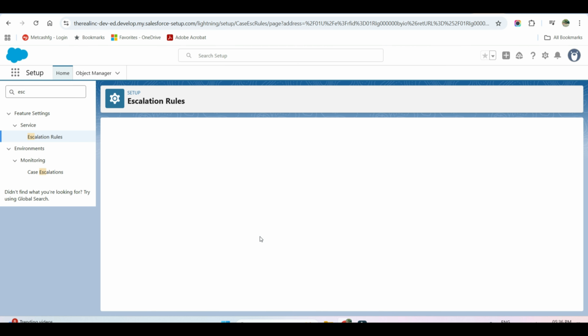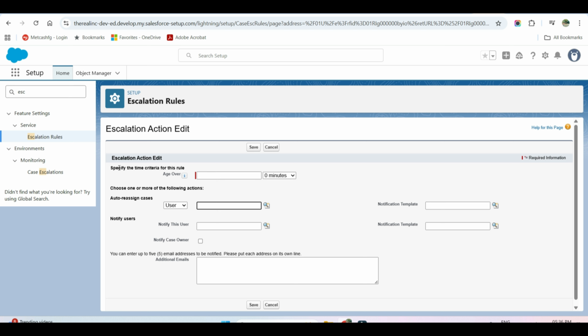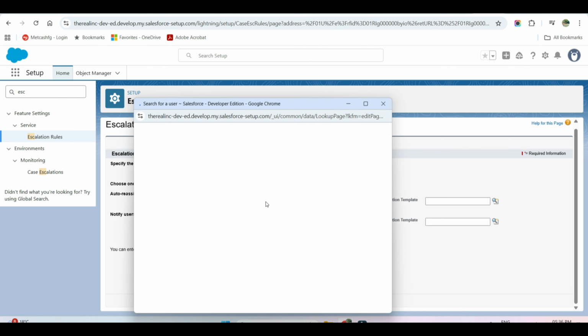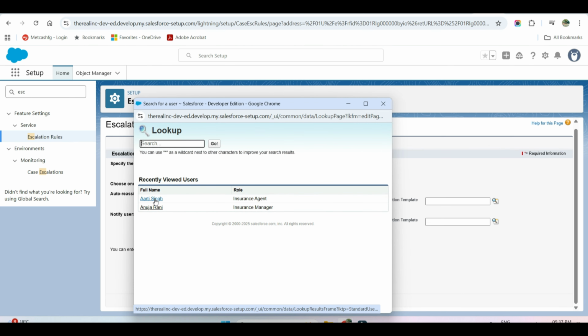Now I will define the escalation actions. So click on New and here I will specify the age of the case. So I will define 30 minutes. So when the case hits 30 minutes and still no one has updated it, Salesforce checks the rule and escalates it. If the age of the case is over 30 minutes, it will automatically be assigned to Aarti Singh,